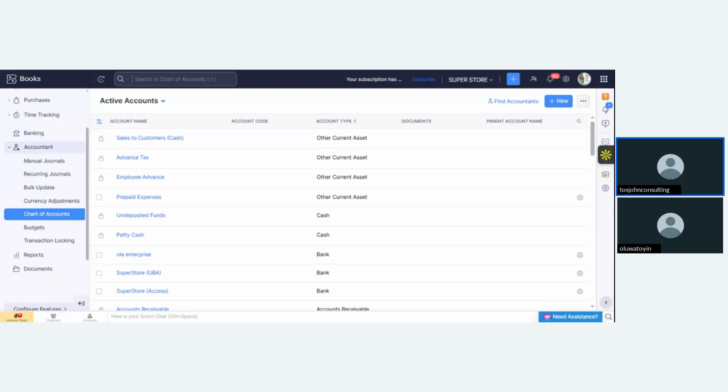Sales ledger, so all the sales income ledgers you want to create. So this is where you have all the general ledgers of everything that will be going on in that business. This is where you create it. Do you understand now? Definitely as we proceed in training, we'll be going into them one after the other.